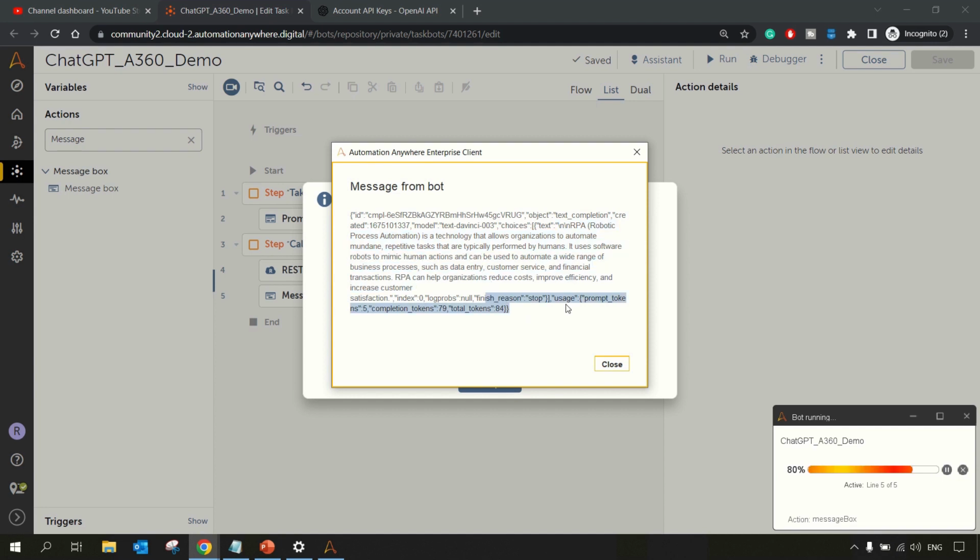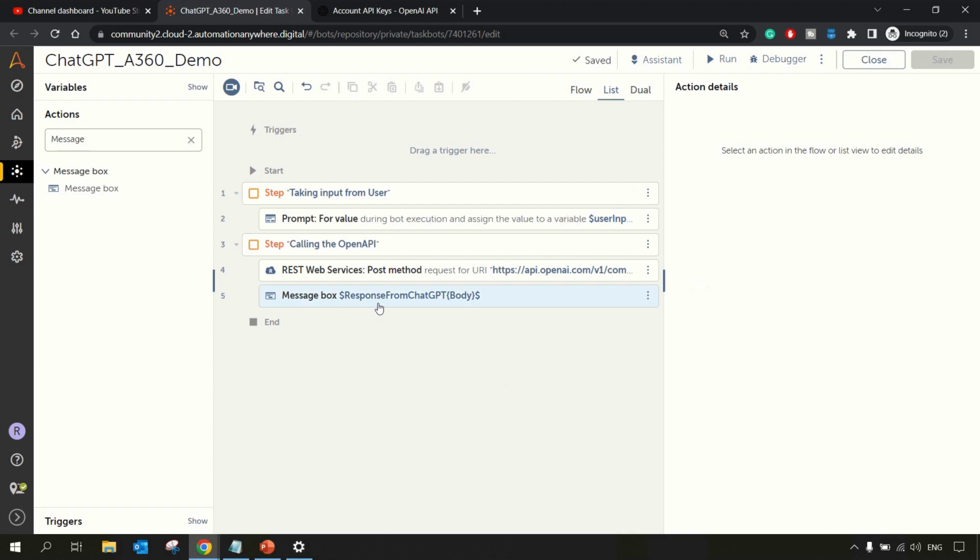So we are not interested in these other JSON keys. We are only interested in this choices and text. This key we are interested in. So how to get this key? We have to use the JSON package for that. So let's go ahead and use JSON